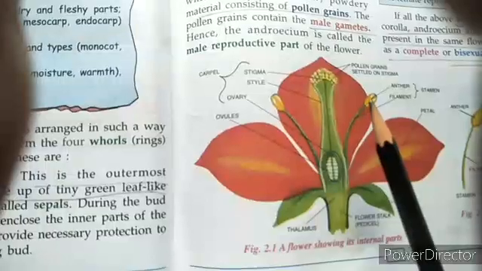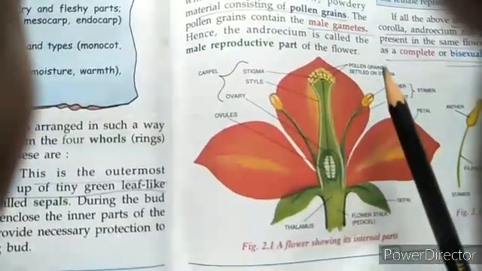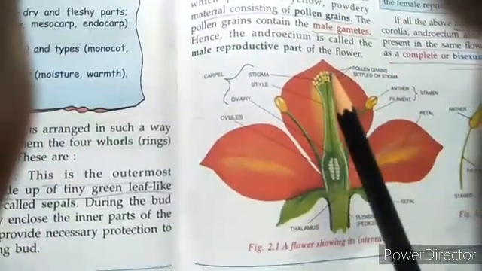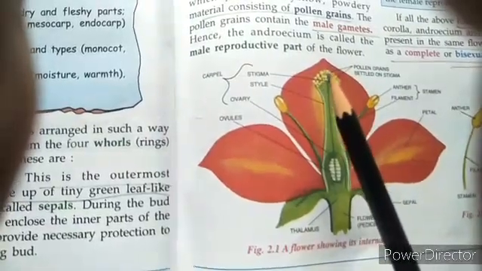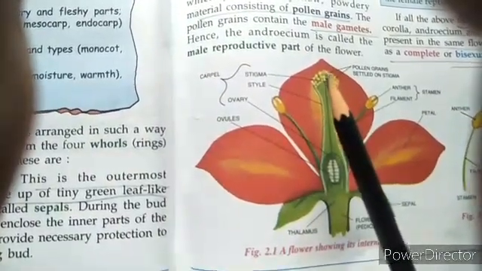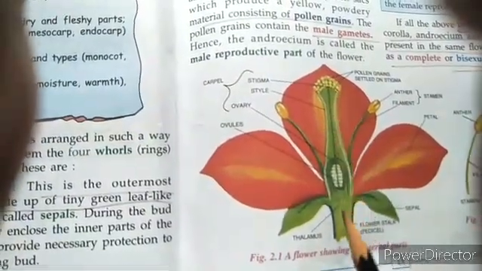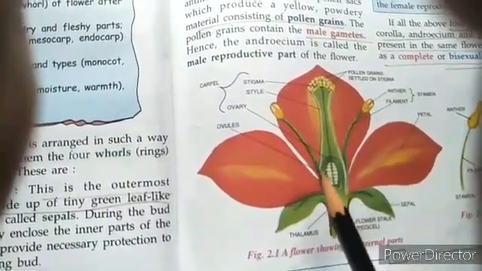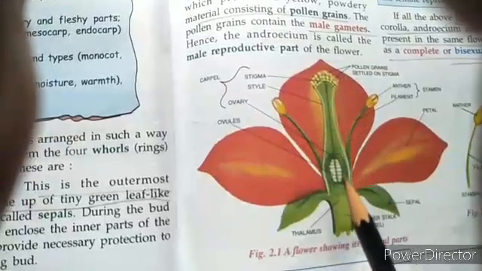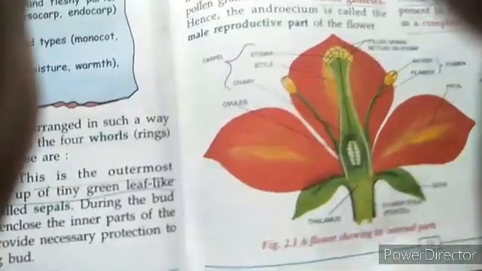So whenever a pollen is released from the anther, it is supposed to reach the stigma here. So this is more of a collecting organ of the pollen. It collects the pollen here. So this is the stigma, and this full structure is known as gynoecium. It is the female reproductive organ that we came to know.